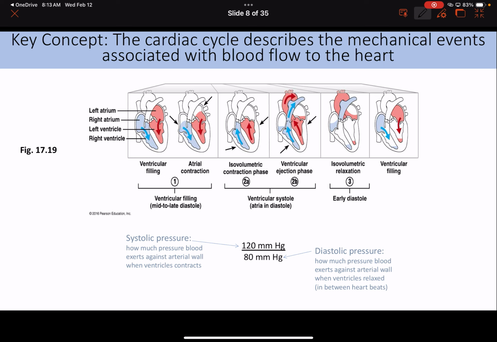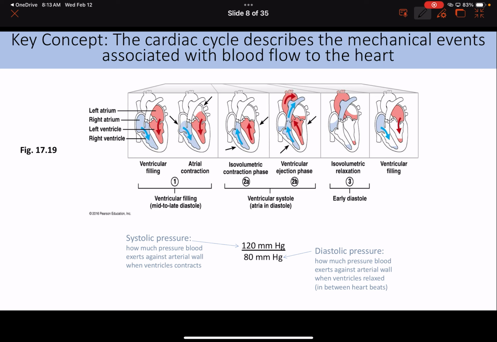The bottom reading on our blood pressure is going to be the diastolic pressure. This is how much pressure blood exerts against the arteries when the ventricles are relaxed. Okay. That's our relaxation pressure. And so there is another volume that you have to know. So after we've ejected blood from the heart, okay, out of the ventricles to the body or to the lungs,